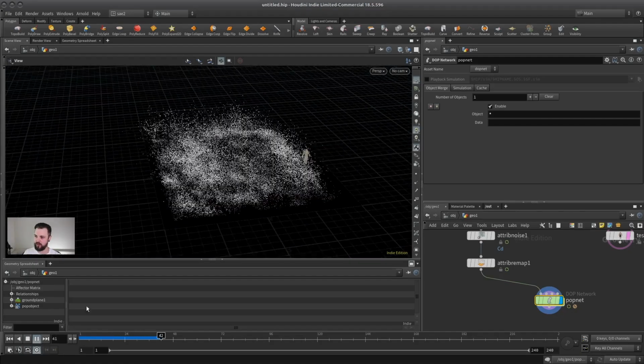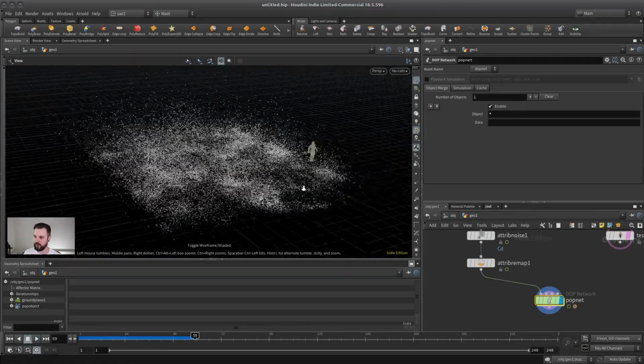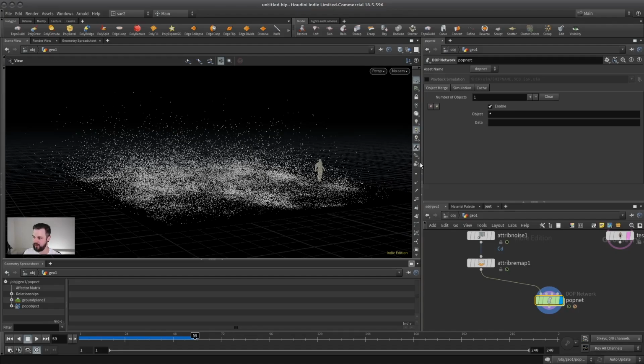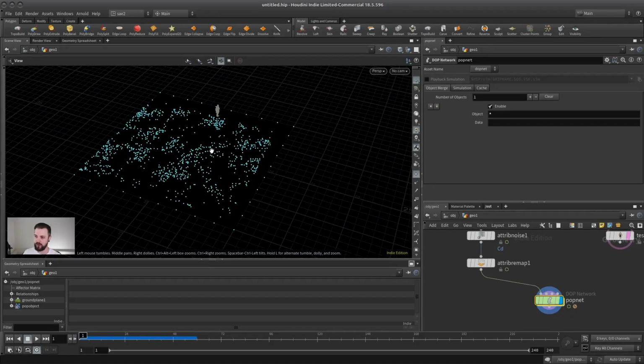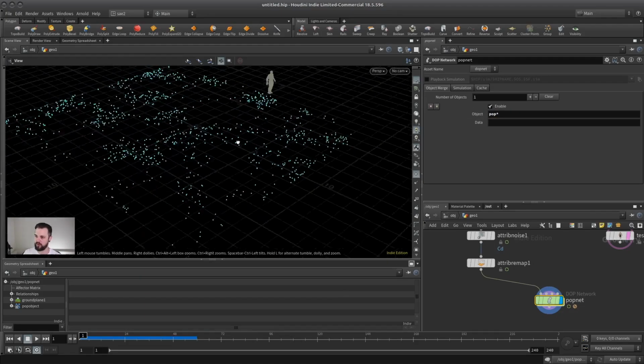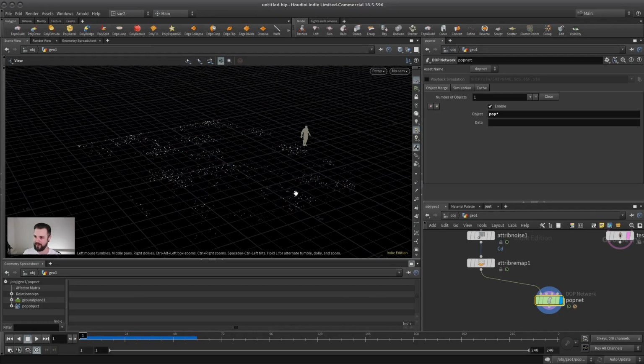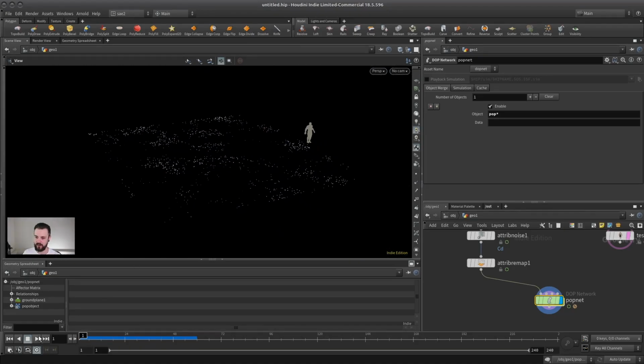And before we move on, let's quickly make sure that what comes out of our PopNet is, if you look here, maybe on the first frame you can see it better, not only the points but also the ground plane. So let's make sure that we only filter out all the points with pop star. And now let's have a look at it again, maybe without the grid, and then you can see why this